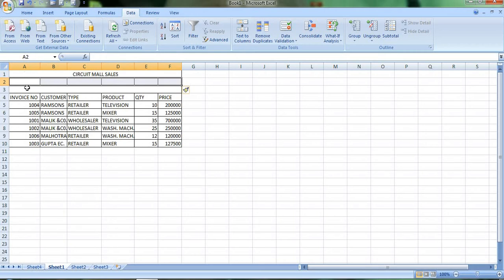Now what I have to do? Select and copy the cells from A7 to F7. Where is A7? Here is A7. A7 to F7 I have to select. This is A7 to F7. Now copy it, Control C. Okay, I did it. Now click on A2 and paste the copied cells. Control V. See, my information got copied.